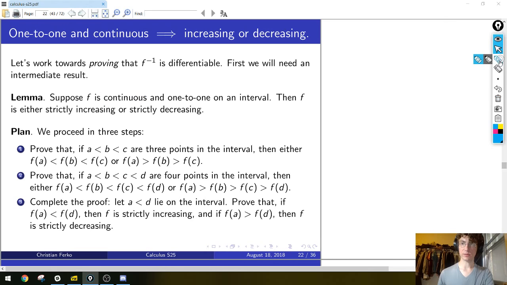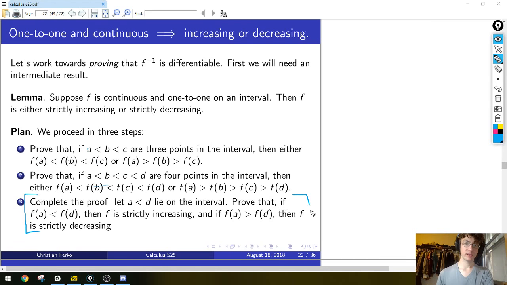Okay, so how does the proof go? There will be 3 steps again. They're all pretty simple. It's just kind of ordering points. So the first thing we'll prove, remember this is defined in an interval, so we'll take 3 points in the interval, and we'll prove that either the function values at those 3 points are increasing in a chain, f of a is less than f of b is less than f of c, or they're decreasing in a chain, f of a is greater than f of b is greater than f of c. Then we'll extend that to a chain of 4, a, b, c, and d, and then we'll finish the